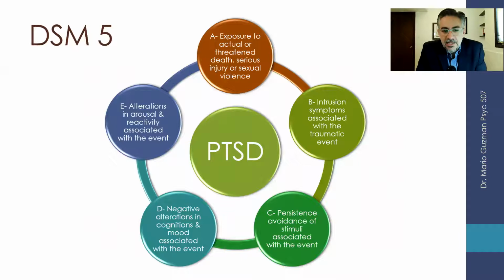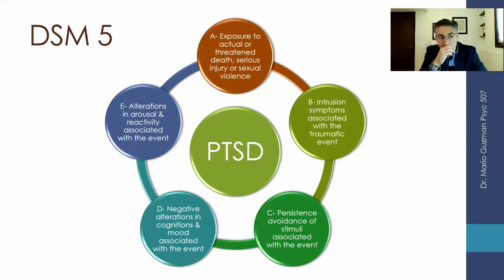The DSM is telling us that criteria A is exposure to actual or threatened death, serious injury, or sexual violence. Okay, so you have been exposed to something that was a real threat or that it was a real injury or sexual violence. Criteria B, intrusion symptoms associated with a traumatic event, such as thoughts, images, dreams, flashbacks. Okay,